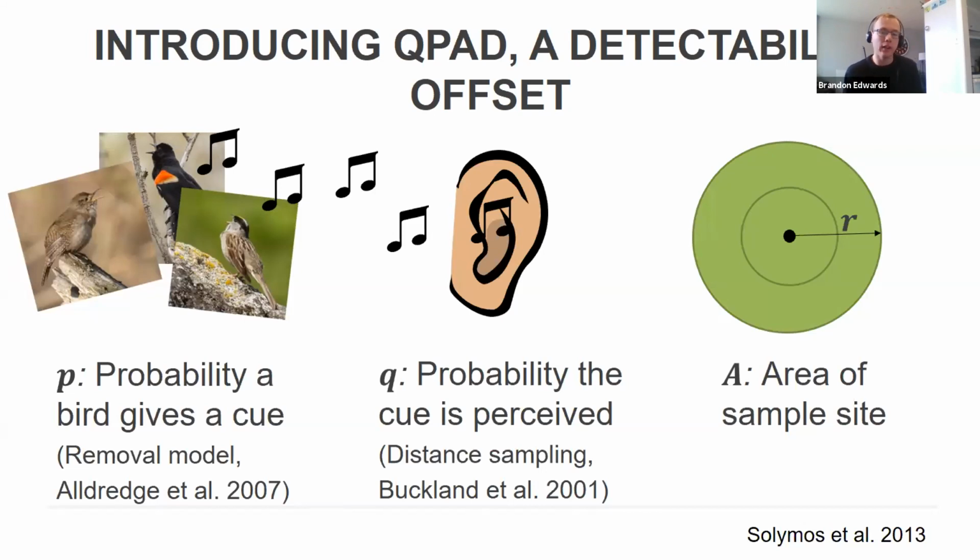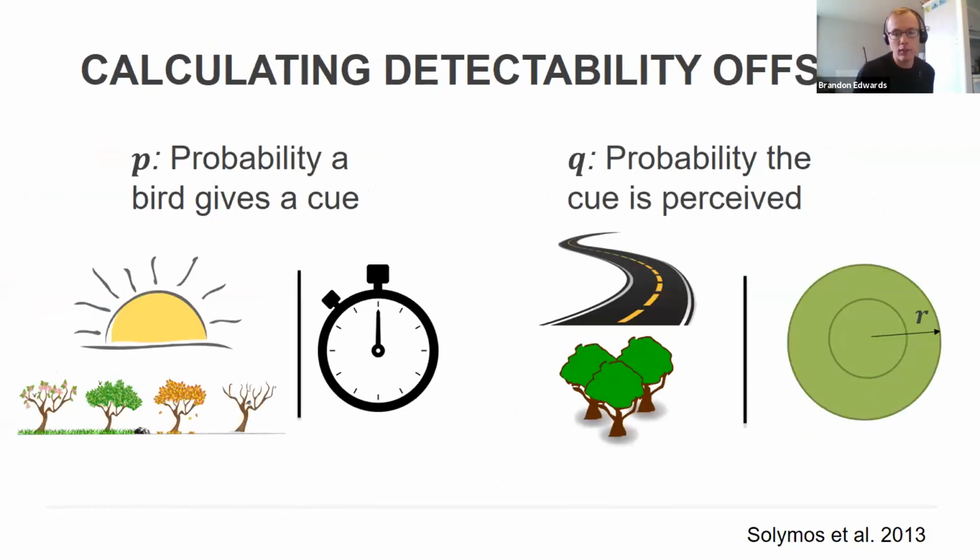So we could consider modeling values of P and Q by combinations of one or more covariates. You can move to the next slide for this. And yeah, so we might consider modeling the values of P and Q by combinations of one or more covariates that we might think of, and then conditioning that on the actual type of survey being conducted. So for P, so the bird's availability, we might consider modeling P by a function of the time of the day that we're conducting a survey and or the time of the year that we're conducting the survey, both of which could very well play a part in the probability that the bird makes itself available.